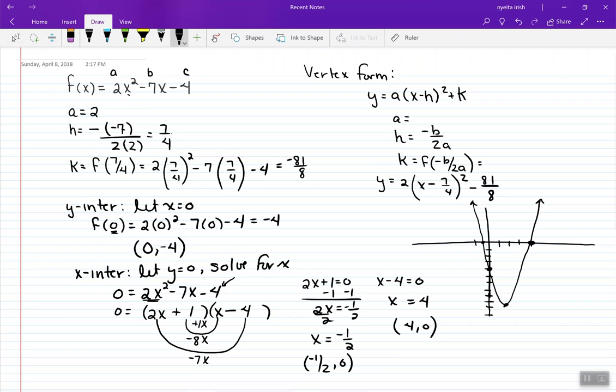Okay. So for a domain, and if you look back through your notes, the domain for any quadratic in general is negative infinity to infinity. The range, however, is restricted. The lowest y value that we're going to see is that negative 81/8. And the highest y value, because this keeps on going up,